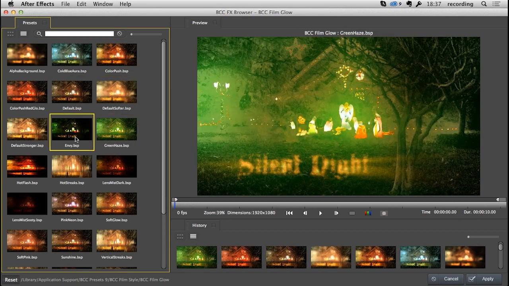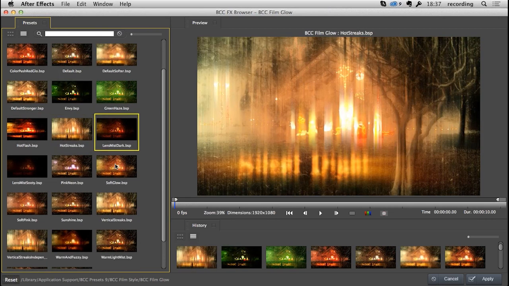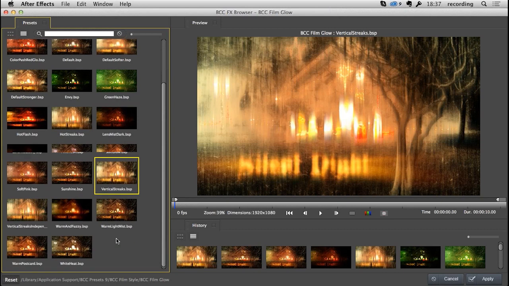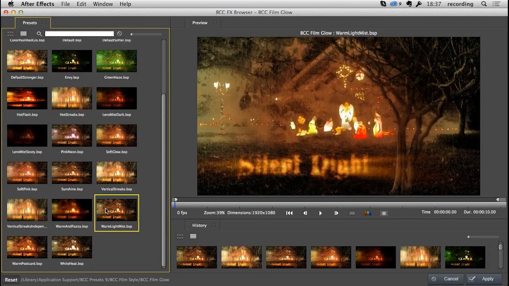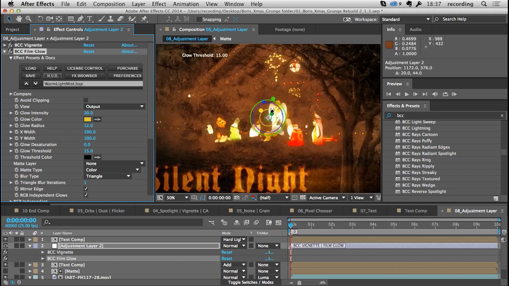Got things like Green Haze, Envy, some really spooky kind of lighting effects. So it's quite amazing the different looks that you can get just from one effect. I quite like this one, Warm Light Mist, so I'm going to double click it and apply it to the footage. And then I've got less work to do in order to get it the way I want it. I am going to adjust it slightly. And again, I'm going to go into